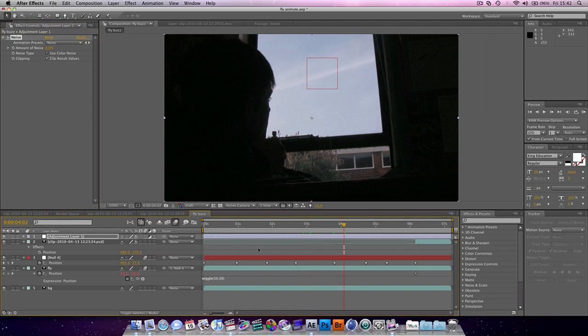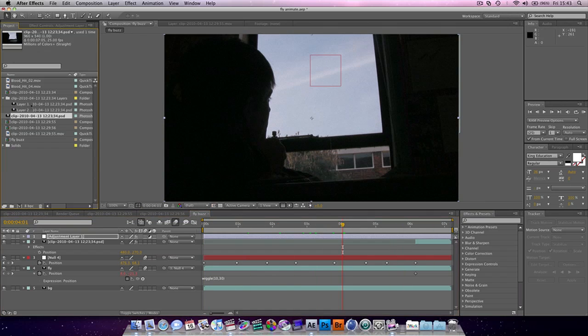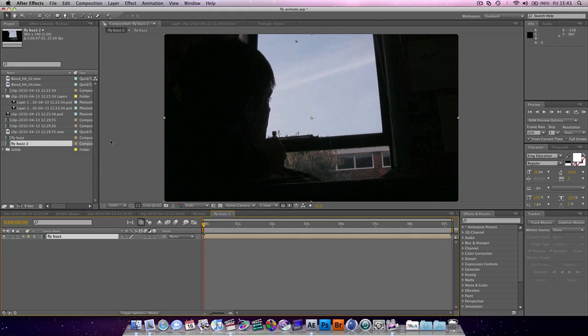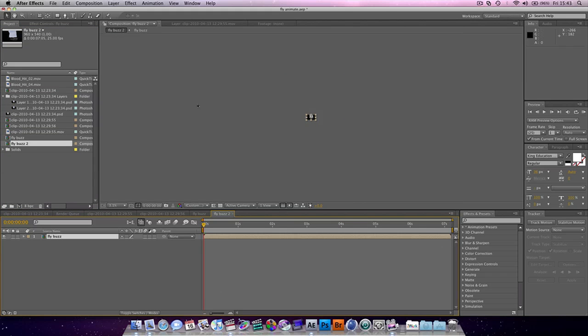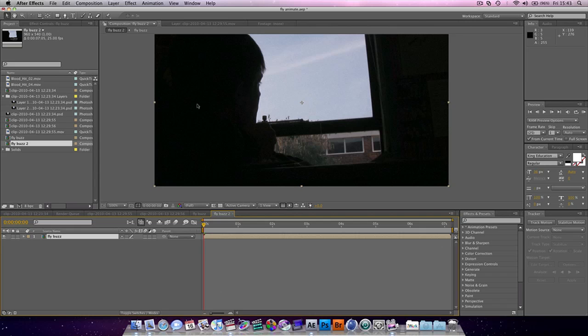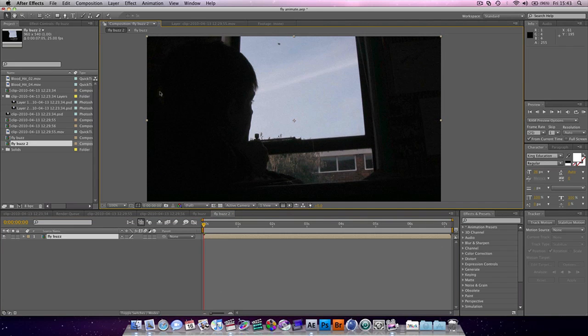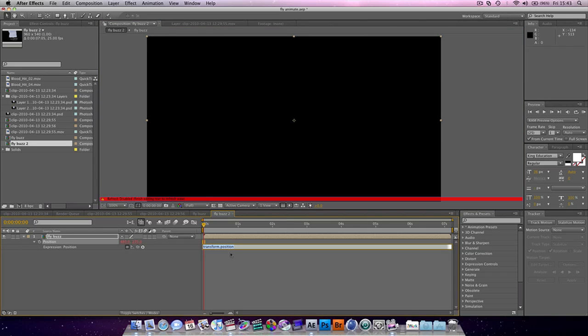And you can even add some camera movement. If you know how to do that, great. If not, what you want to do, grab the composition, stick it in a new one. That's the same as selecting everything and pre-composing it. And go to position, Alt, and wiggle it